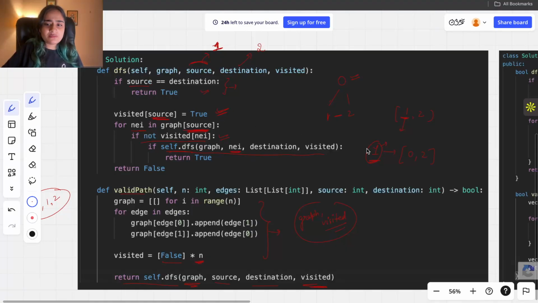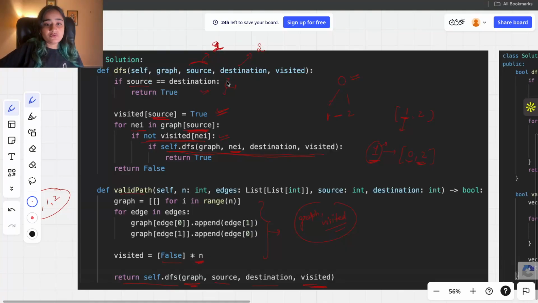We will go to the neighbors of 1 now, which are 0 and 2. But we can't go to 0, because we can only go to the neighbors which are not visited. So we won't go to 0, we'll go to 2, and then do the DFS for 2. Now our source node became 2.